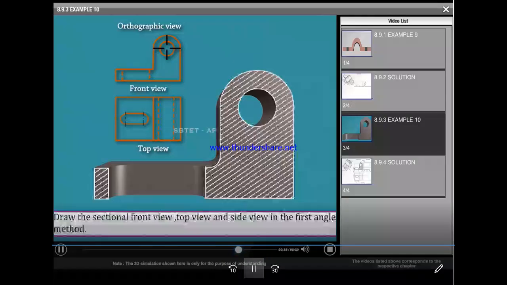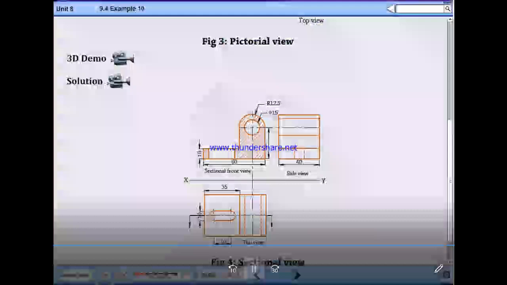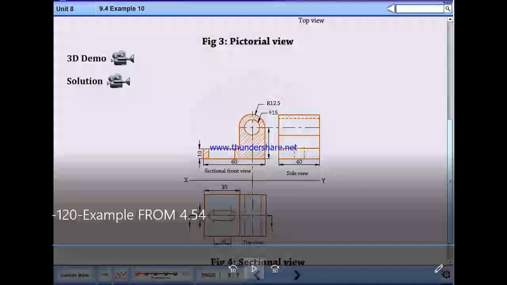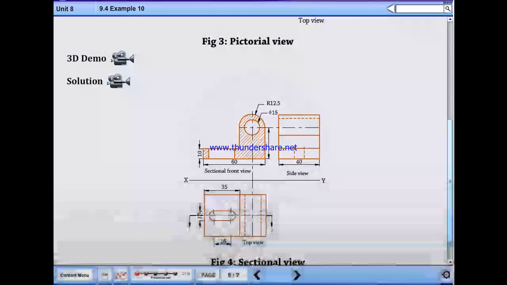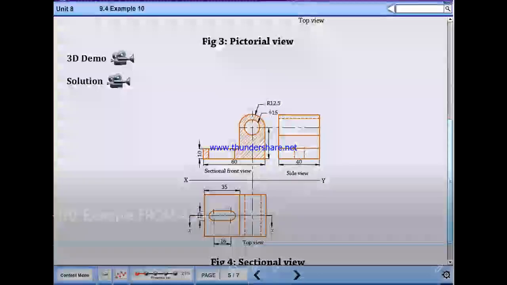We need to draw the sectional front view, top view and side view according to the first angle projection method. Like this.